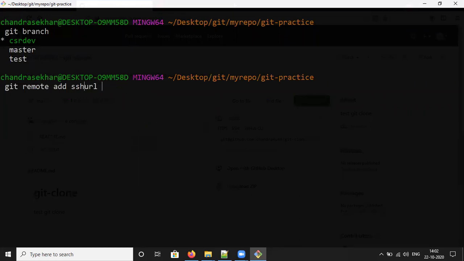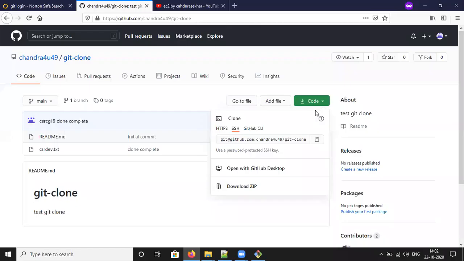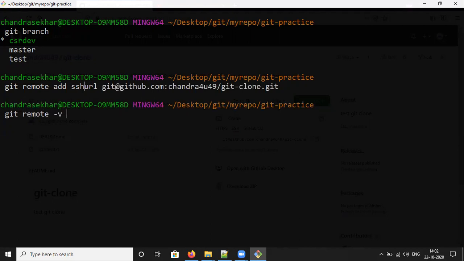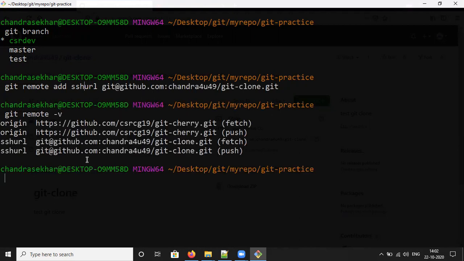Sorry, it is not copied yet. Copy the ssh url, paste it. Now you can hit enter, and check using git remote -v. See, instead of the https url it is now showing the ssh url.